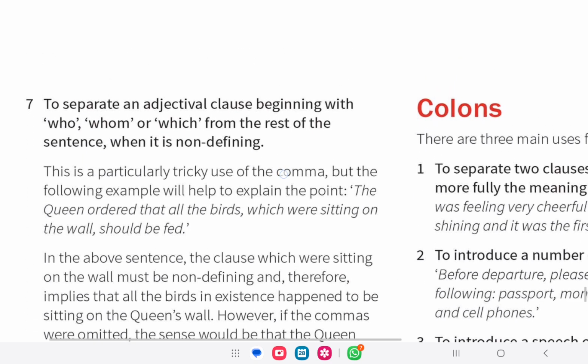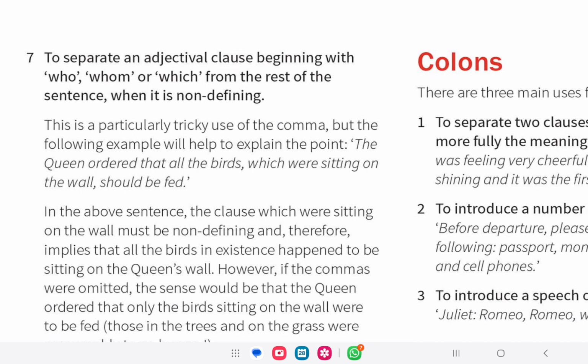Now the seventh one: to separate an adjectival clause beginning with who, whom, or which from the rest of the sentence when it is non-defining. This is a particularly tricky use of comma, but the following example will help to explain the point. The queen ordered that all the birds, comma, which were sitting on the wall, comma, should